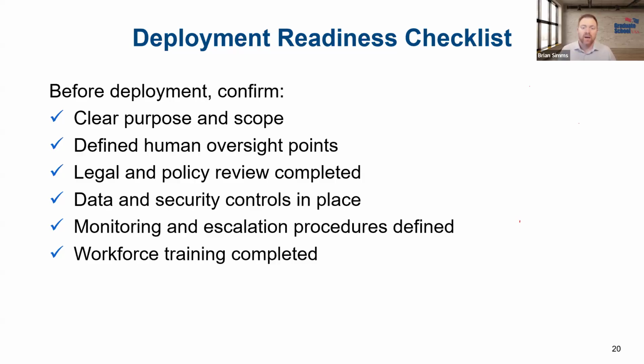The proper data and security controls. Has our agent been given access to everything it's been given access to? Is this accurate? Is this appropriate? Is this properly protected? What happens if it went off the rails? How devastating would that be to our system? That's a conversation that every agency and organization needs to have before deploying agents. Monitoring and escalation procedures, again, should be well defined. Do we know who's doing what and when?